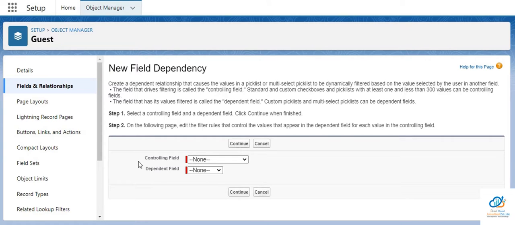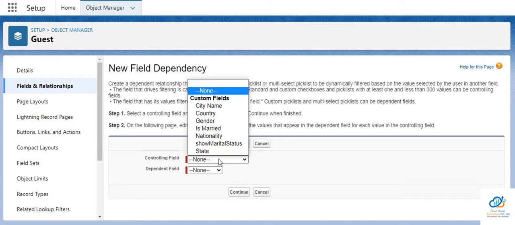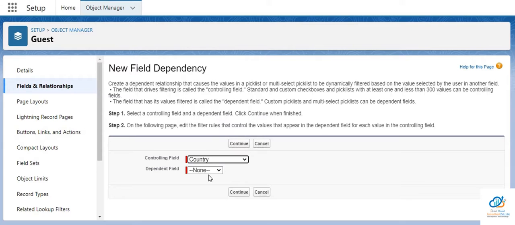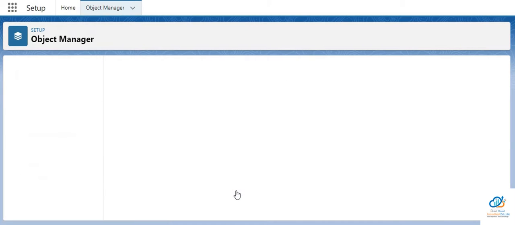For creating a new field dependency, there is a controlling field which we have to select. We'll select it as country. Then as the dependent field, we'll select state. Then we'll continue.